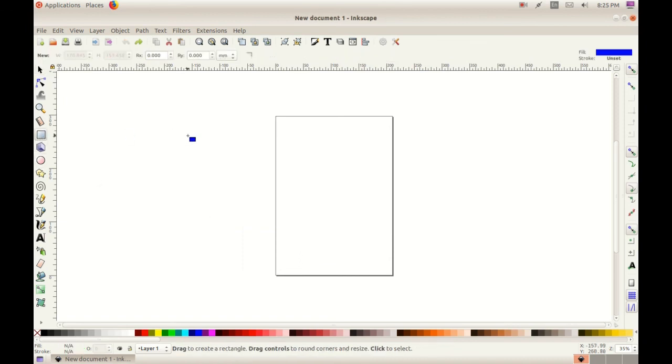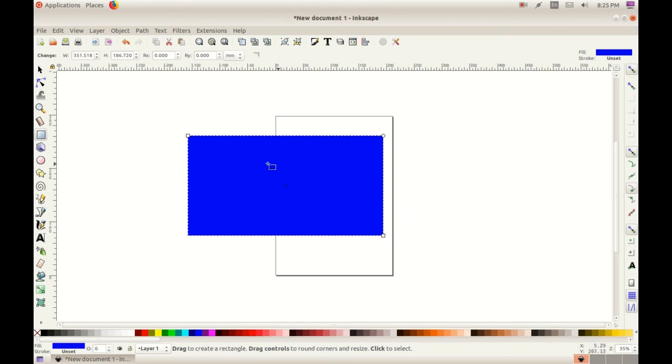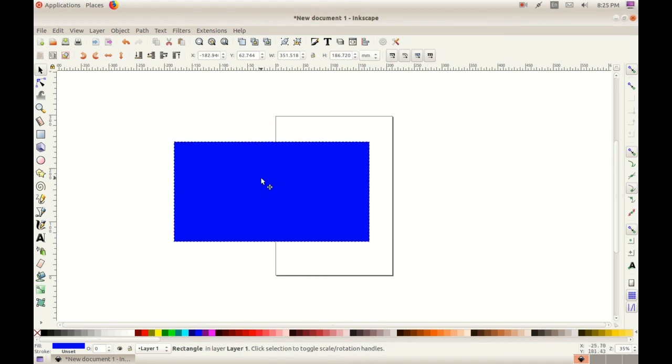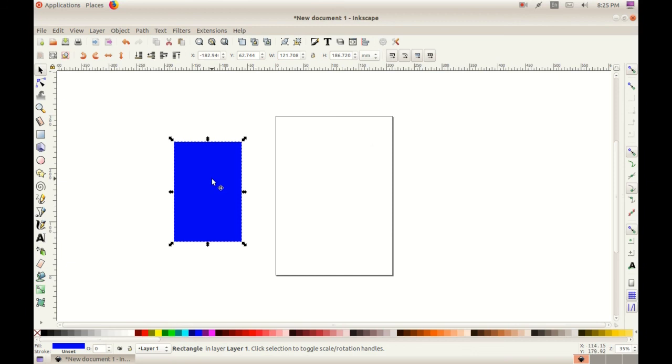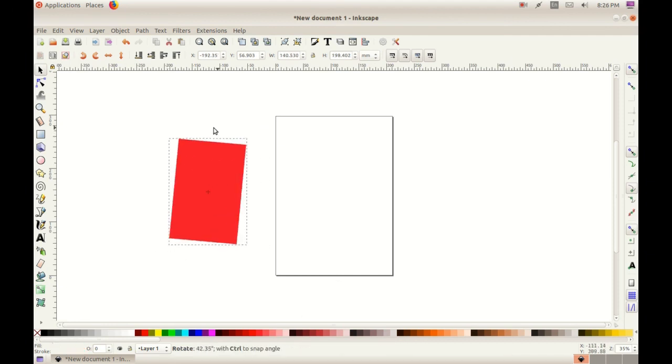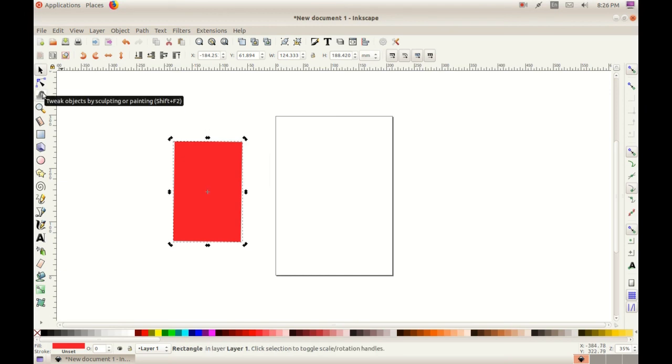Again I am drawing it. To move, to resize. For rotating, what do you do? Once again click. Rotate. Select and change the color. This is the way of using the select and transform object tool.